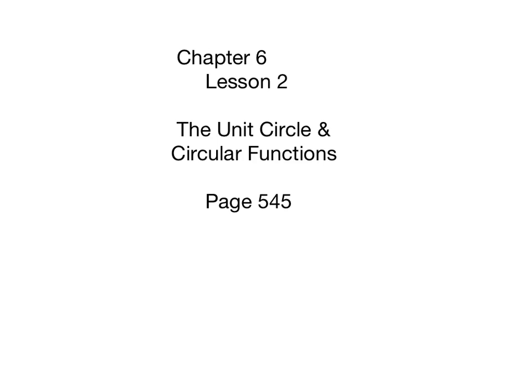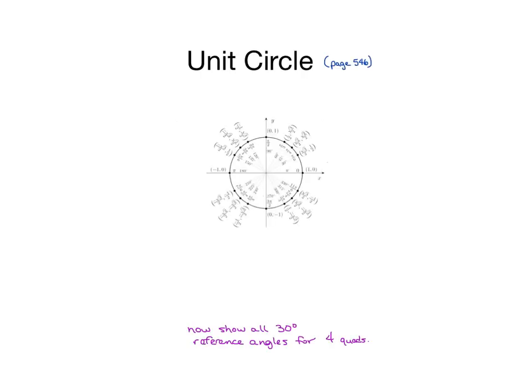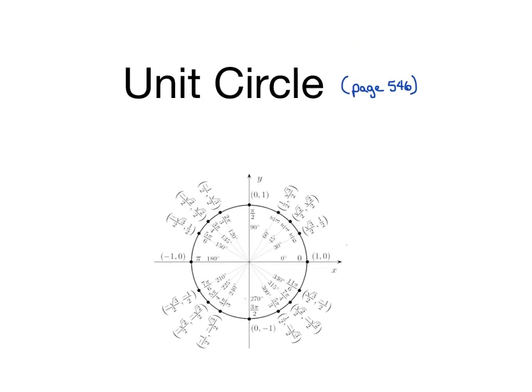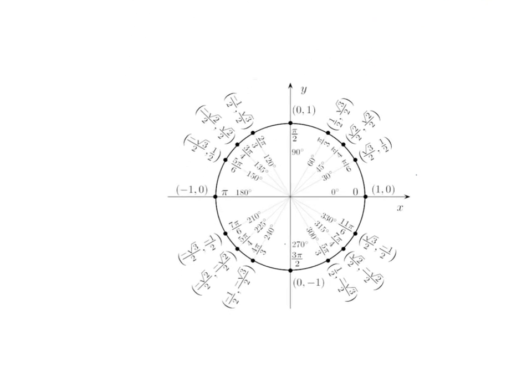Okay, so this is actually day 1 of lesson 2, and it's your introduction into the unit circle and the circular functions. Now, the reason why this is called a unit circle is if you notice the 4 points that we've been accustomed to that are on the axis, this point right here, (1, 0), (0, 1), (-1, 0), and (0, -1). Notice if you were to draw a line or a segment here from the center out